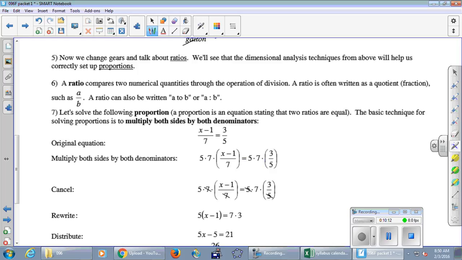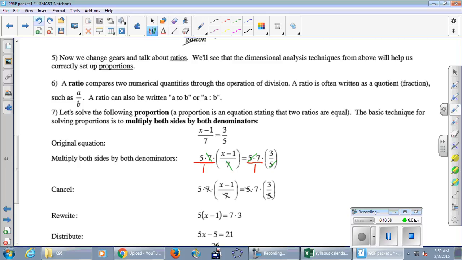Yes? And it's not maybe clear why we want to do that, but at least it's one of the legal things to do, right? As long as you multiply both sides by the same number, you're okay. So we're multiplying both sides by 35, although I much prefer that you write it as 5 times 7 and not 35. On the left-hand side, something very nice happens. What cancels? It helps that stuff is on top. So what cancels on the left-hand side? 7. There's a 7 on top and a 7 on the bottom, and they go away. On the right-hand side, what cancels? 5. 5 on top, 5 on the bottom, goes away, and all of a sudden, no more denominators, right?